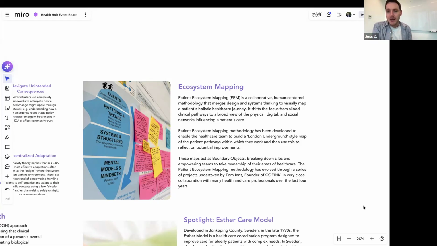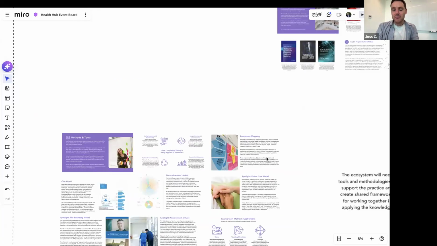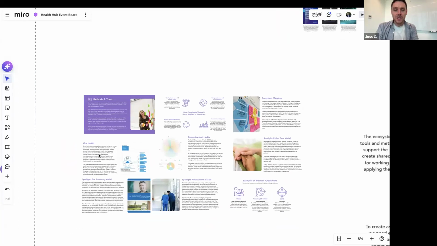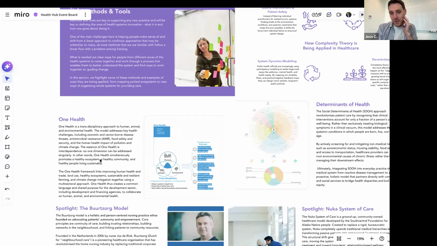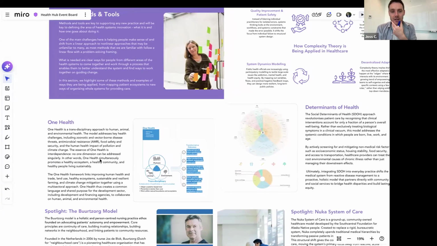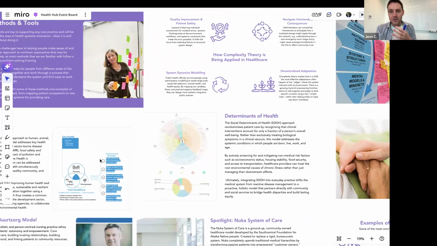So patient ecosystem mapping methodology has been developed to enable the healthcare system to build a London Underground style map of the patient's pathway within which they work, and then use this to reflect on potential improvements. So trying to map out the system in some sense. One Health, there's a number of frameworks around that, trying to create a more holistic, planetary health, One Health frameworks